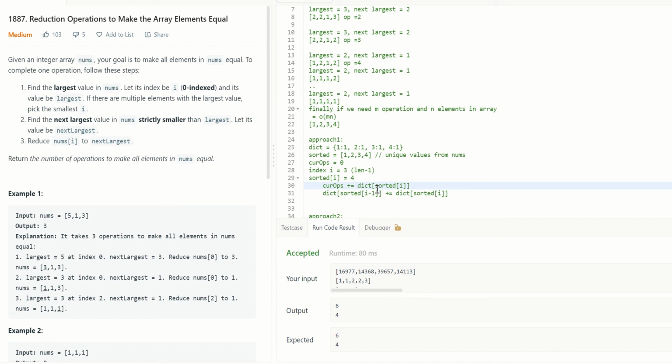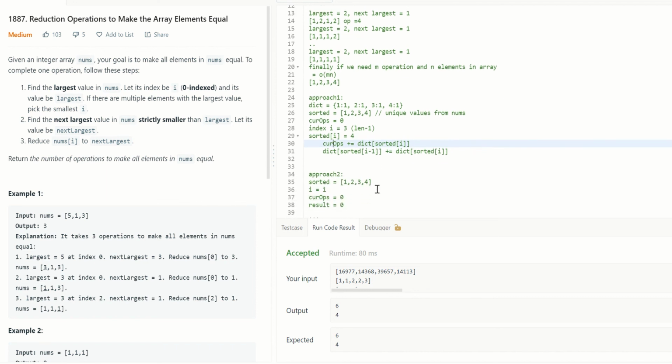We are using the help of the dictionary as well as the sorted unique values from the input array, right? So that's how we are going to solve this. So let's actually look at a different approach where if we need to keep track of a dictionary or anything of that sort, right? So let's see another approach where we don't actually need the dictionary, right?